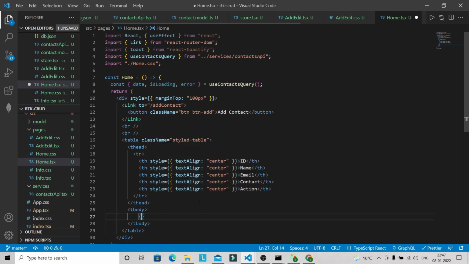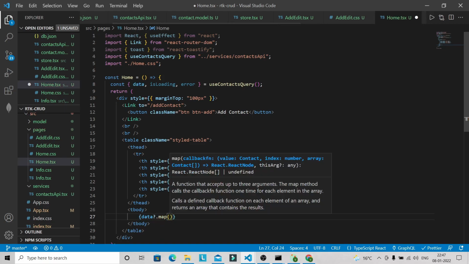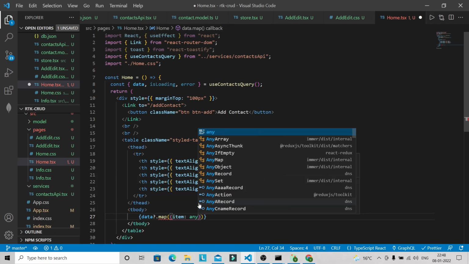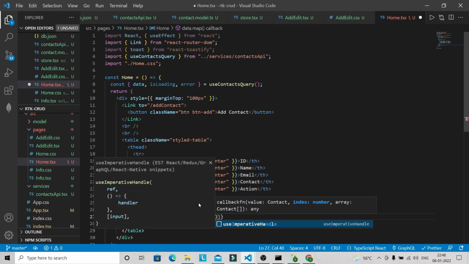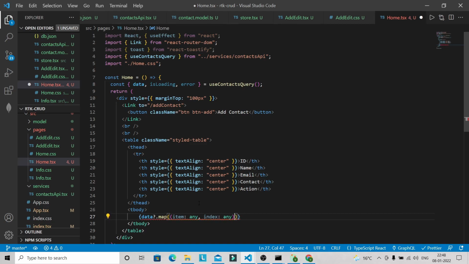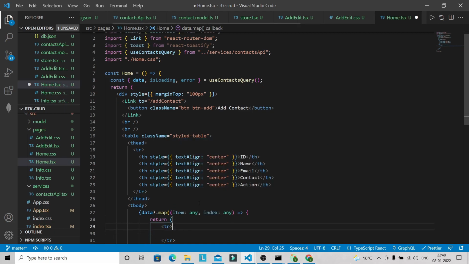Inside this tbody we are going to display the data that we have in our db.json file. So data.map, and we can have item, and it could be any. Since we are using TypeScript here, we have to provide this, otherwise you will get an error. So index will be any also. Now after this we are going to return. So first let's define the table row, and we have to define the key here,